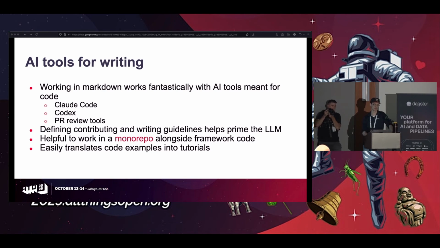I wanted to say that Dagster is a monorepo, which means our documentation lives alongside the framework code, lives alongside every example, everything is just in this huge repo. And I found that that works really well for these AI tools. I personally use Claude Code all the time, and I'll say, hey, look at this implementation of this declarative automation feature of Dagster, which I don't know anything about, and explain to me how it works. And then it'll explain it, and then I'll say, okay, now can you write a little tutorial on how to use it? And it'll write that. And then I'll go through the tutorial, validate that things look good,